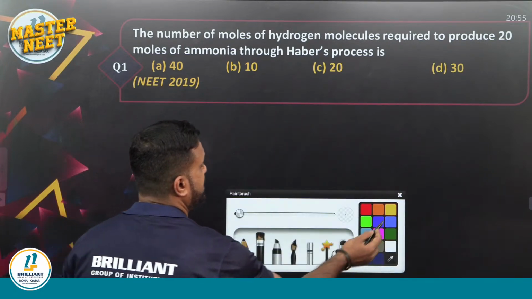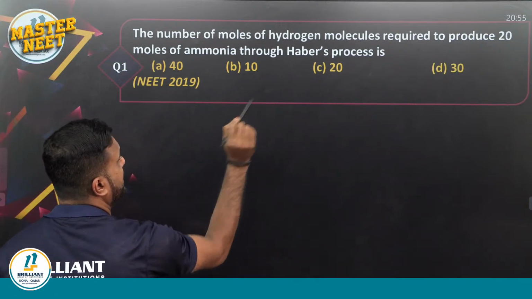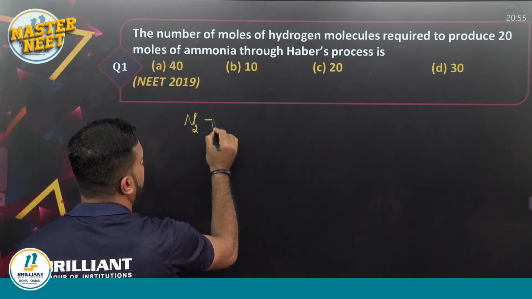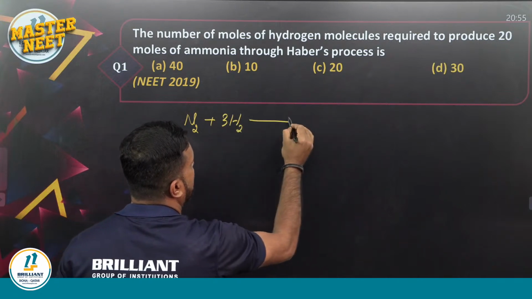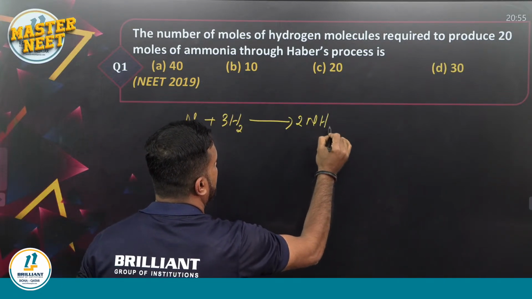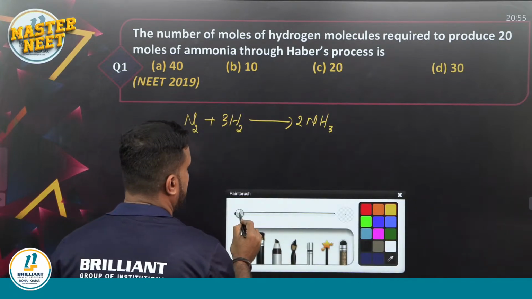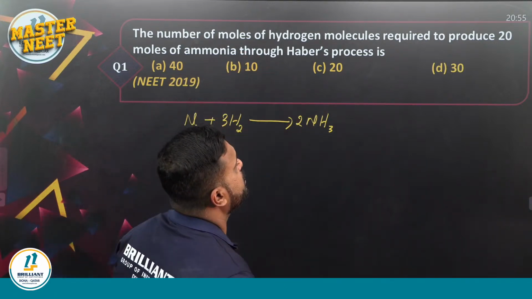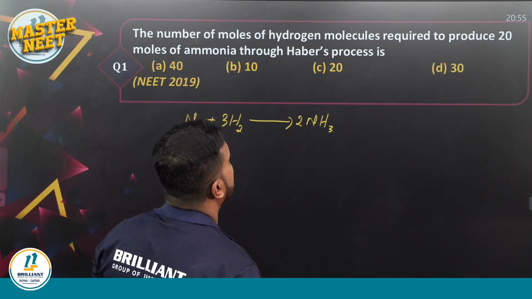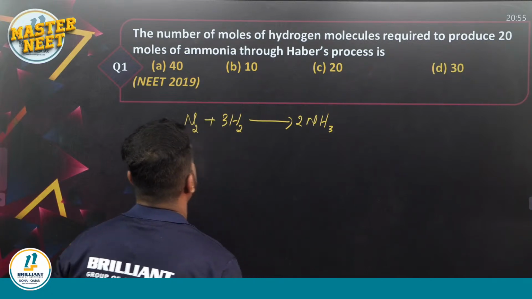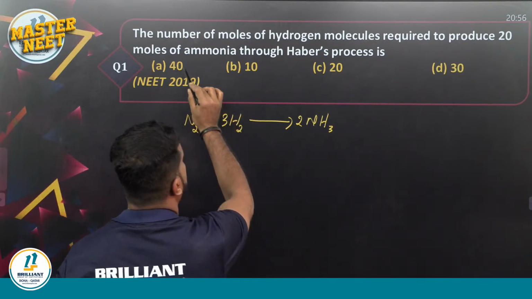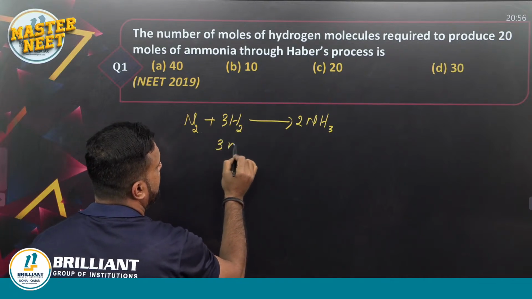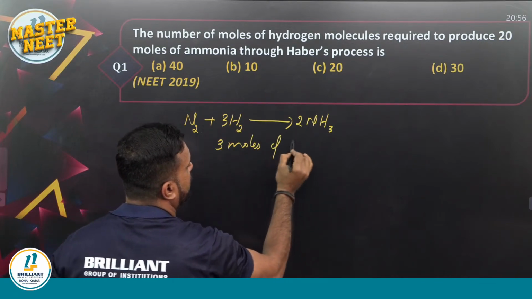Formation of ammonia through Haber process, you know the reaction: N2 plus 3H2 gives 2NH3. This is the balanced equation. The question asks to find the number of moles of hydrogen required to produce 20 moles of ammonia. The balanced equation says 3 moles of H2